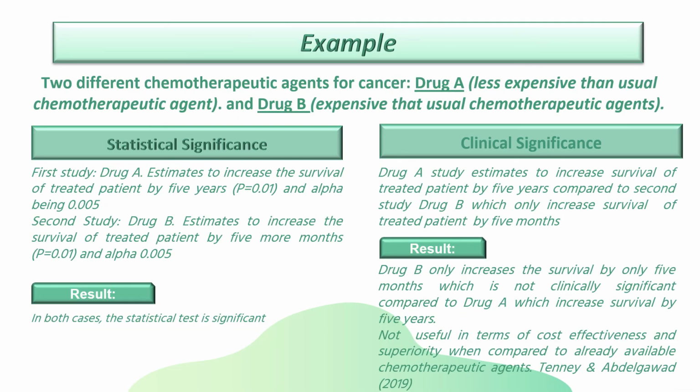Thank you, Uzoma. Now we will discuss the example for clinical and statistical significance. There are two different chemotherapeutic drugs that are being studied, drug A being less expensive and drug B being more expensive. Drug A estimates to increase the survival of treated patients by 5 years. The p-value here is 0.01 and alpha value being 0.005. Drug B estimates to increase the survival by 5 more months with a p-value of